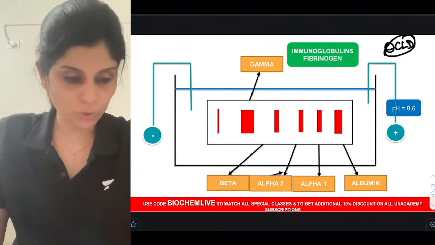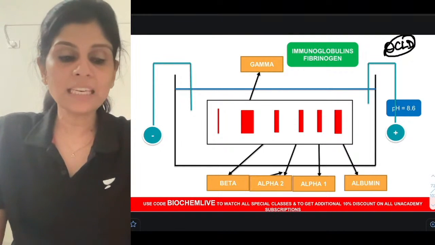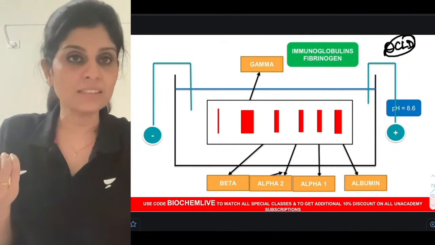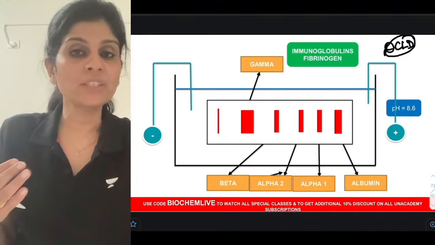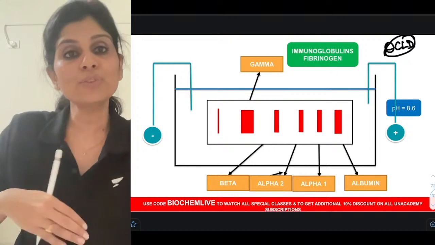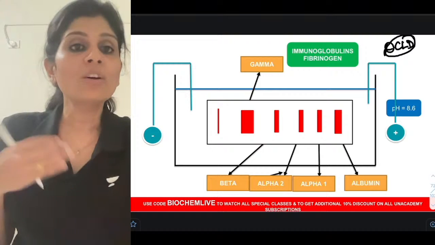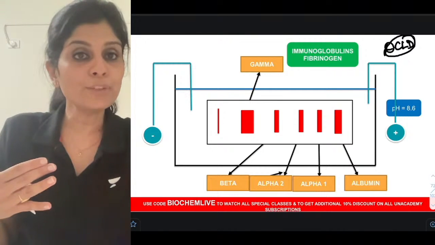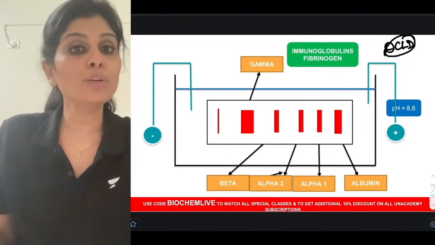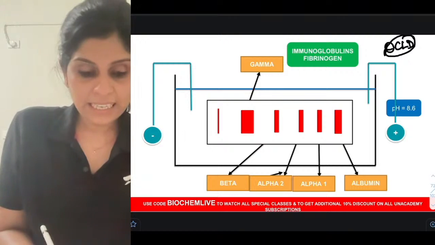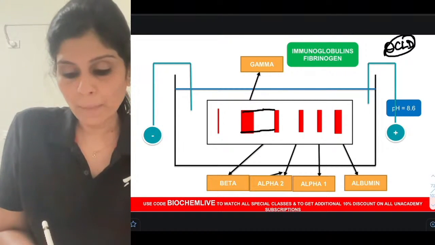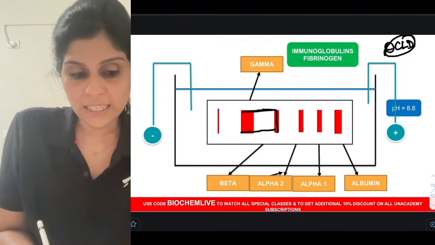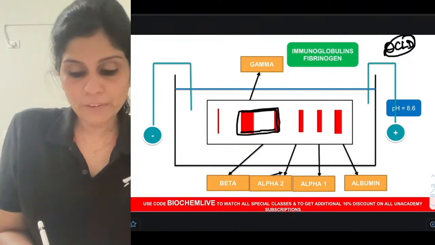Good, Pragya. So what will happen to serum oncotic pressure? Decreases. Now to compensate for the reduction in the serum oncotic pressure, plasma cells will start producing their proteins. What is a protein that plasma cells produce? They start producing excess immunoglobulins. So when there is excess immunoglobulin produced, there will be a diffuse gamma band that fuses with the beta band.